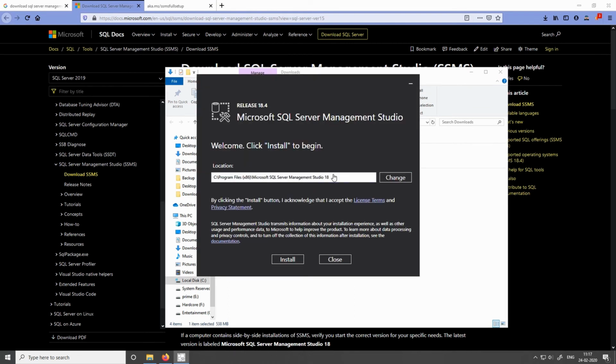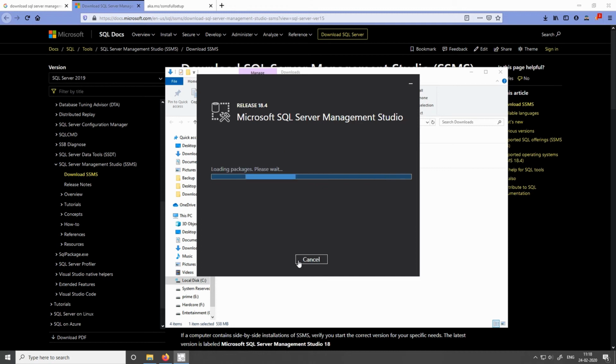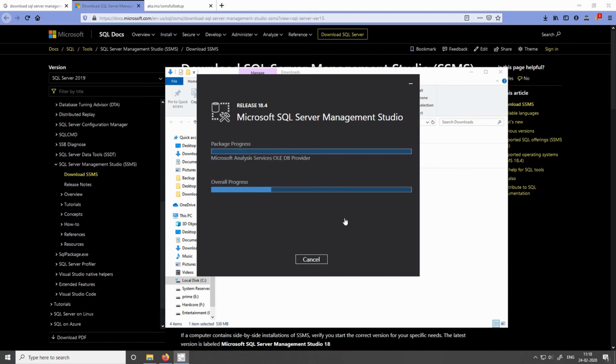Provide the installation folder if you want to change it to a separate location other than the default folder path, and click on Install. It may take a few minutes depending on your computer configuration. Once setup is completed, close the installation window